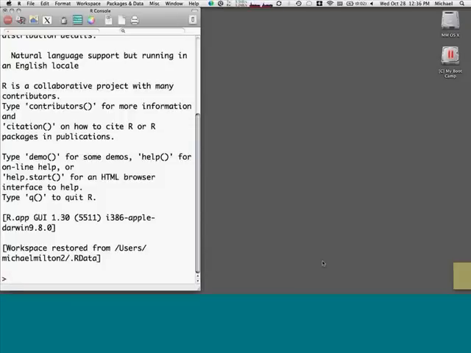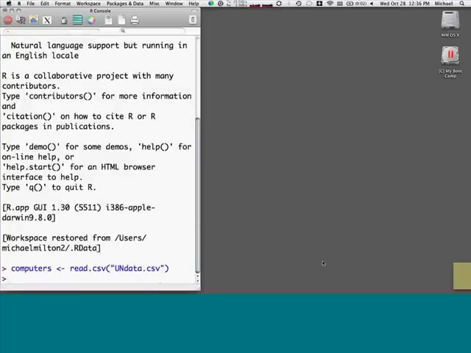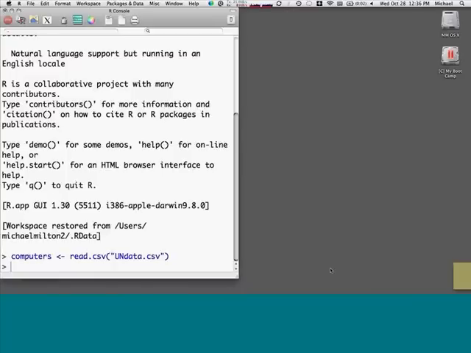So the first thing I would do inside of R, if you don't understand everything that I'm doing, that's fine. I just want to introduce this approach to you, and we can talk about details in Q&A if that interests you. First thing I want to do is create a data frame that will load my CSV file. And this is the command to do that. And the next thing I do is take a look at that data frame just to see what's in it. And I'll make this window a little bit larger.